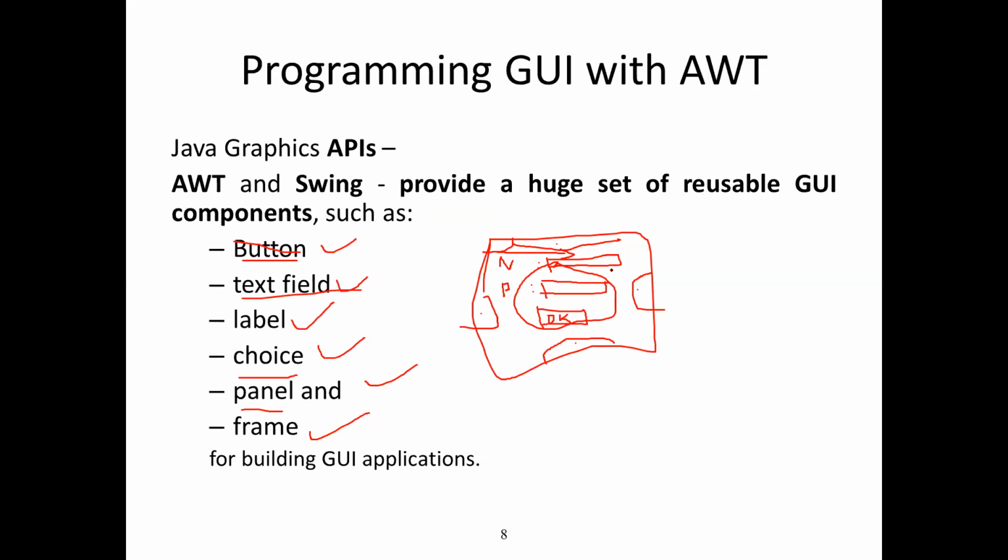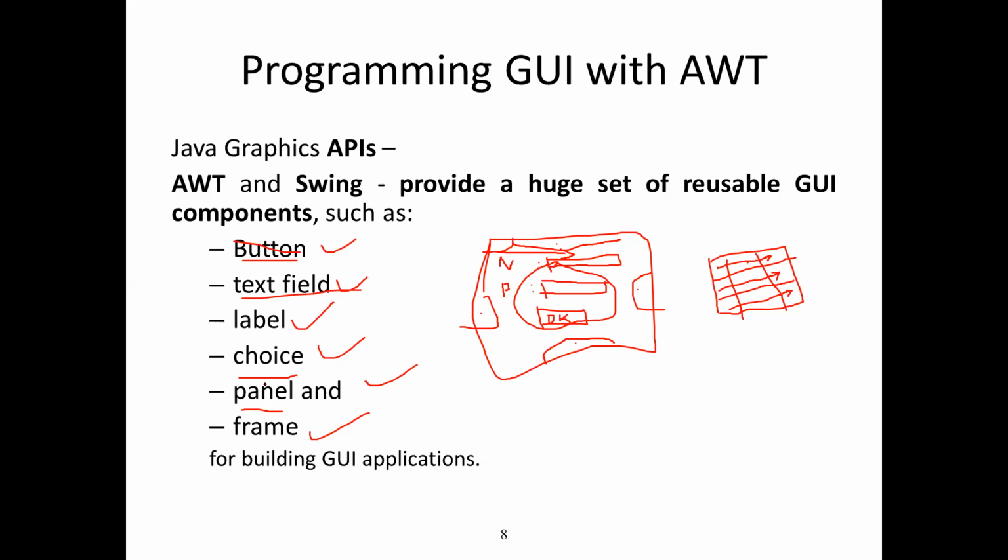Okay. Then we have something called grid layout. So grid looks something like this. Say I want to give a 3x3 grid. So the components are placed like this. From here, it goes here. And once the first row is completed, it goes to the second row, from left to right, then the third row. This is called grid layout.